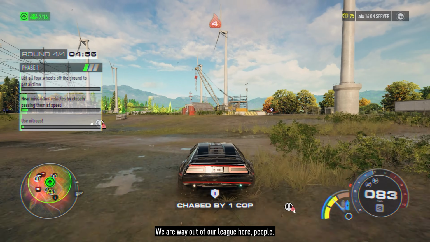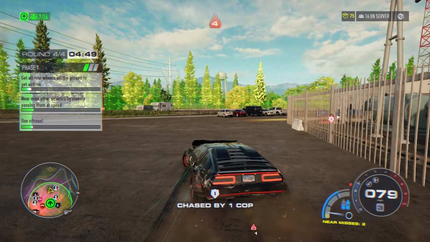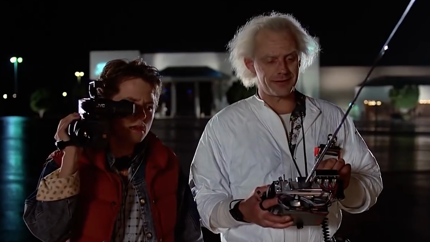Here you are, you've completed 12 rounds of link up, you've paid $45,000 to buy your brand new DeLorean, and now you need a couple of builds for it, and that's where this video comes in. Let's go! When this baby hits 88 miles per hour, you're gonna see some serious